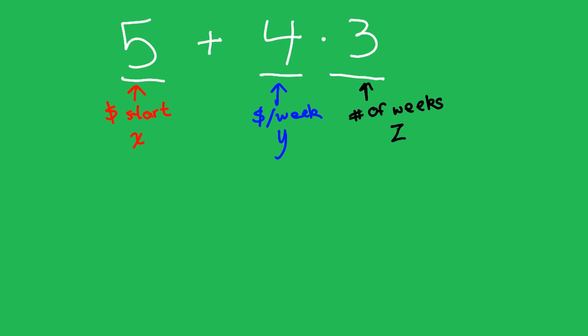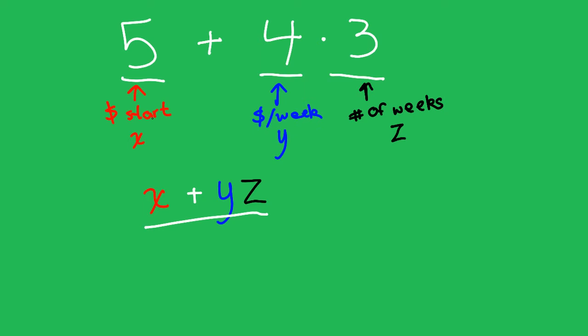So now we have some variables, and we can rewrite this expression using those variables. So then it becomes x plus y times z. So this expression right here represents how much money you have saved, and it's a general expression,